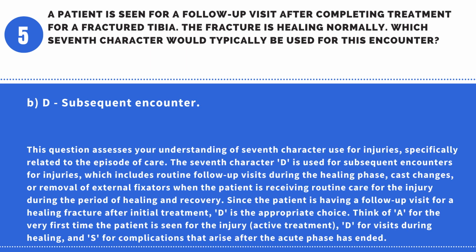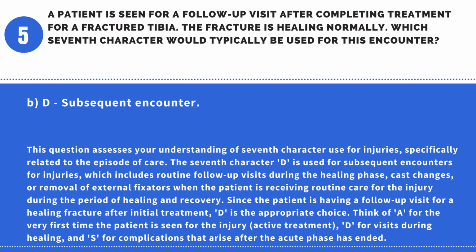Answer B. D. Subsequent encounter. This question assesses your understanding of 7th character use for injuries, specifically related to the episode of care. The 7th character D is used for subsequent encounters for injuries, which includes routine follow-up visits during the healing phase, cast changes, or removal of external fixators when the patient is receiving routine care for the injury during the period